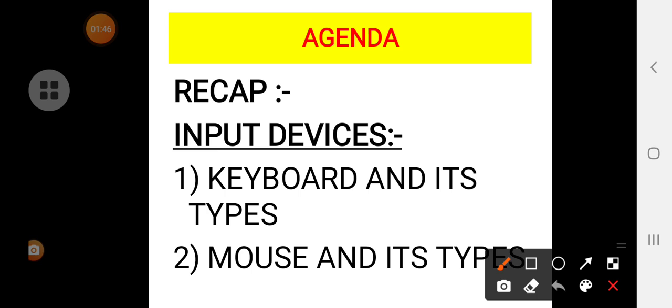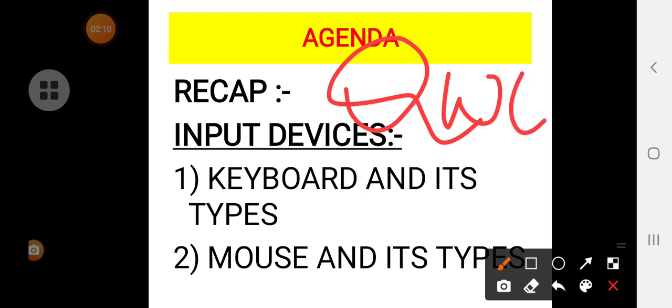Okay, so standard keyboard means what? It has a basic layout of keys. The average number of keys in this keyboard was 108 keys. So this you have to remember. This may be in the format of a QWERTY keyboard. Like whenever we use an Android mobile, one keyboard appears. That keyboard is called the QWERTY keyboard. So this was the standard keyboard which we discussed in the last class.